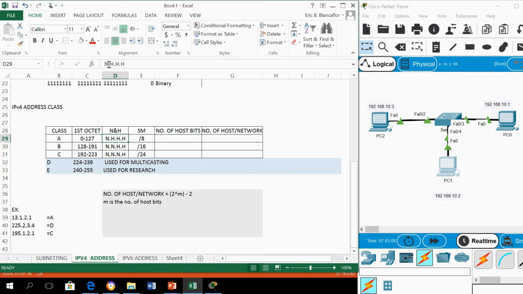If you notice, there are 3 here. 8 bits each, right? 8, 16, 24. So for class A, if we were to find the number of hosts per network, M, the host bits, for class A is equal to 24. Okay? So using this formula, number of hosts per network, that is 2 raised to 24 minus 2. And if you were to compute that, that is around